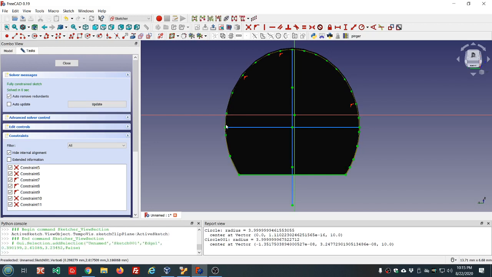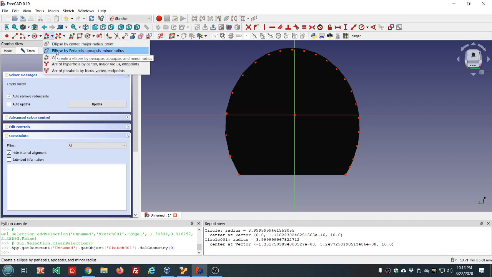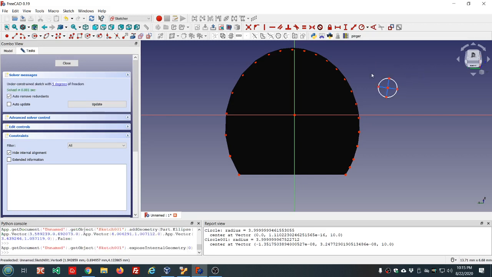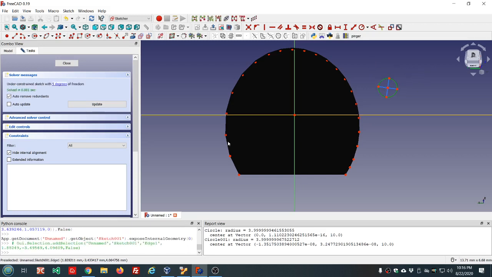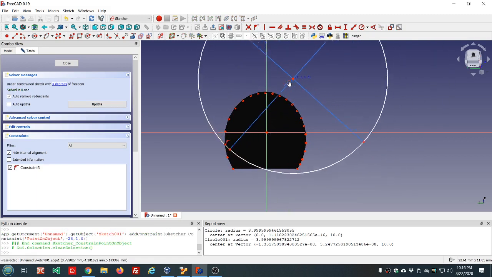I'm going to delete that one and make a regular ellipse. Should have planned this out ahead of time. Again, I'll put it off to the side. And let's put one here. And like I said, this can be